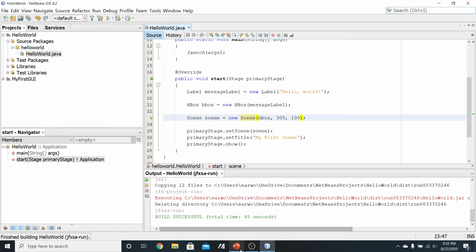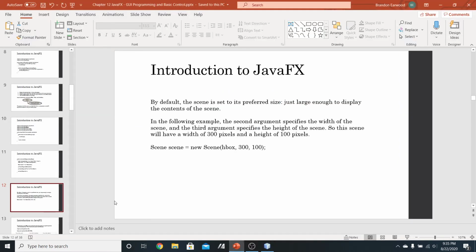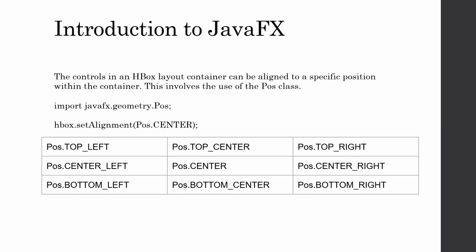So if we take another look over here, we can also take a look at the alignment of our containers or the content that's inside of those containers. So the controls inside of our HBox layout container can actually be aligned to a specific position within that container. This will involve the use of another class that we're going to get from JavaFX. This is going to be for the Pos, short for position class. This class is going to come from the geometry package. So we see that import statement there,